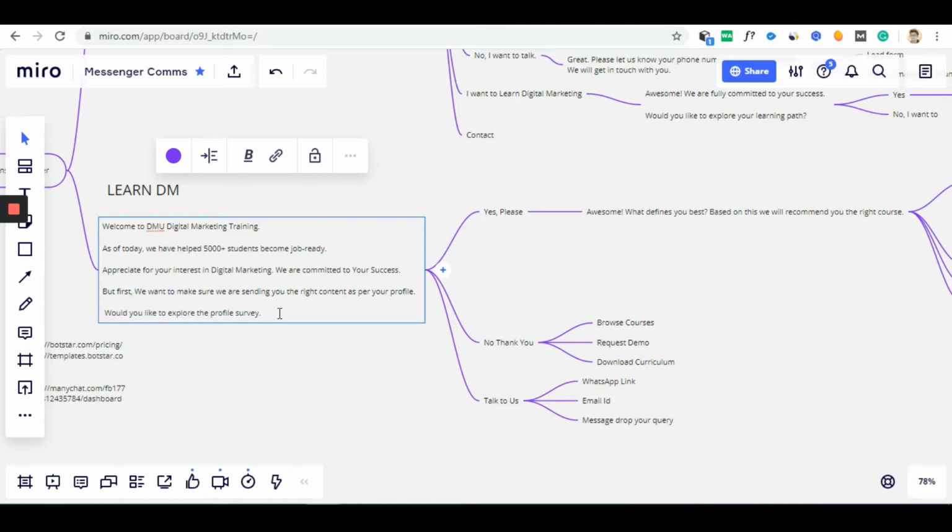There would be a third set of audience who would not be interested to go through the survey, to go through the whole process, who would not be interested to download the curriculum and explore the course by themselves. They would be more interested to directly get in touch with a career counselor or to directly get in touch with the company representative and talk to a human being, talk to a person over a call, over an email, or over a WhatsApp chat, whatever he or she is comfortable in, and make a decision. So there can be three types of audience.